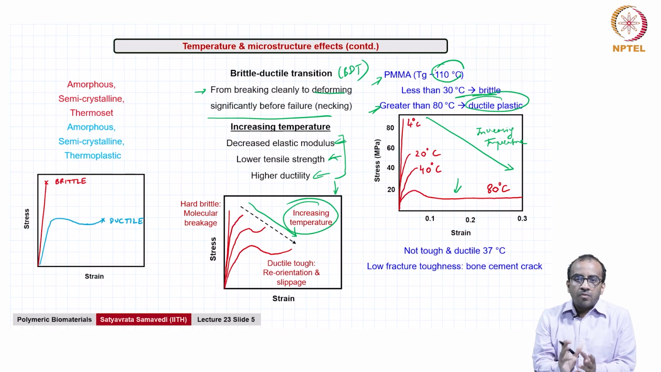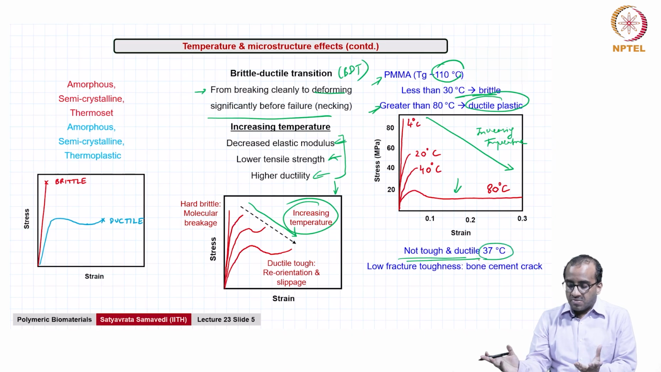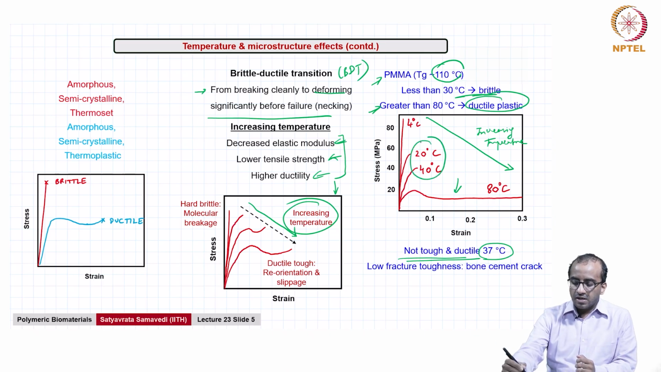So, now at around body temperature, because it is much lower than Tg, the chains still do not have enough segmental mobility. So, it is not going to behave like a tough and ductile material by any means at 37 degrees Celsius, right, because even at 20 and 40 you still largely get brittle behavior. So, it is not going to be tough and ductile at 37 degrees Celsius. That also explains why